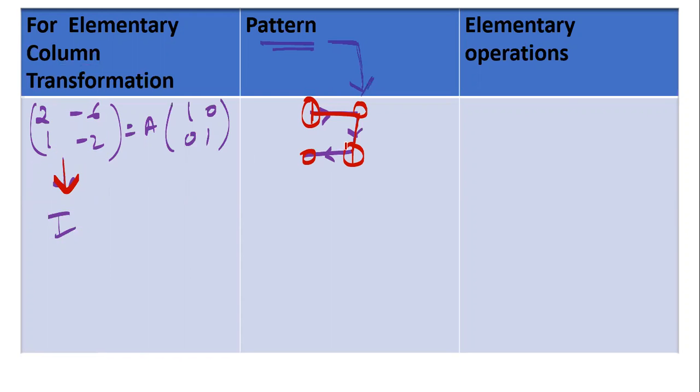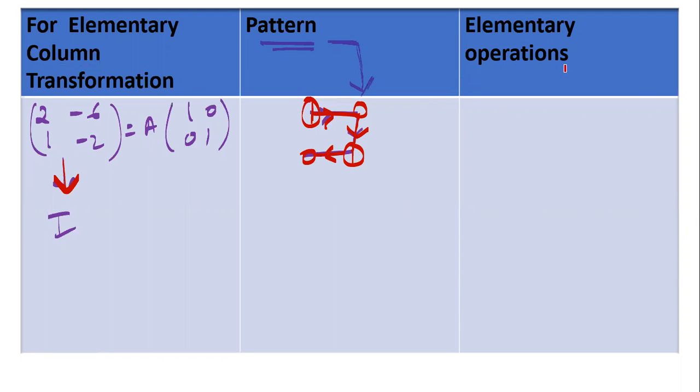If we do not follow the pattern, for example, if I make this 1, then I want to make this 0, then this 0, then 1, then while trying to make it 0, it may again become an element other than 1. It may again become 2, or it may become 3, and so on. So if we follow this pattern, we will not have such a problem.